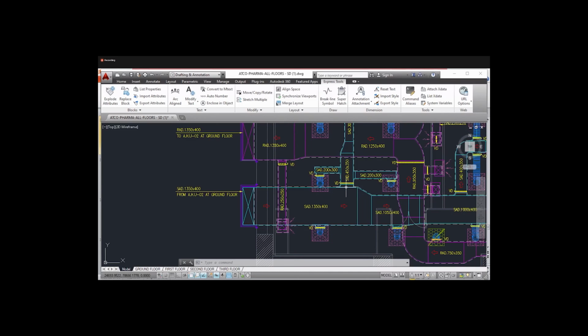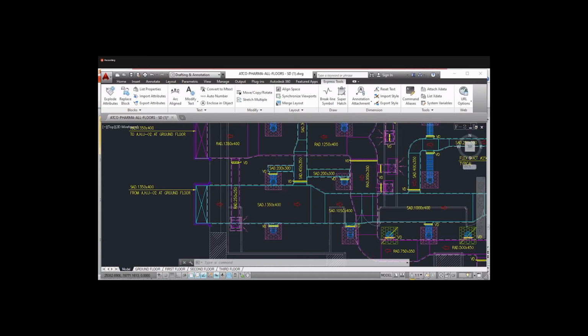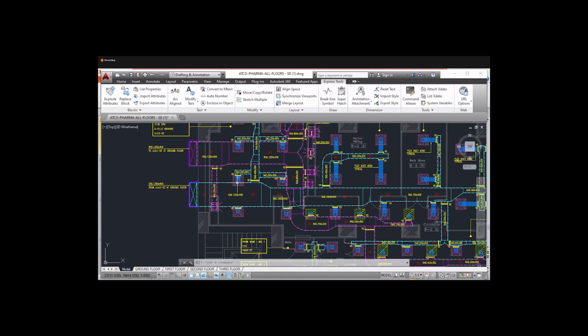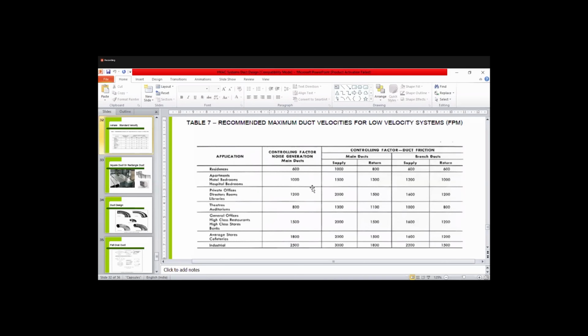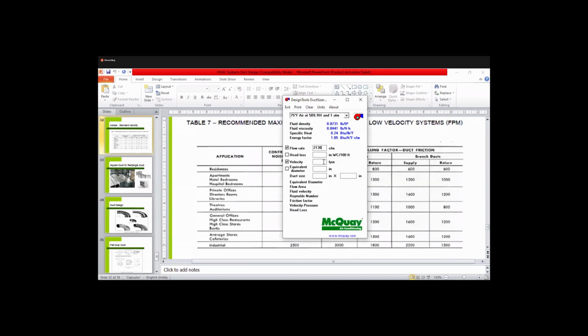Afterwards, you can reduce it for the branch duct. But for the first branch, you have to use the safe side. We have to use the main duct velocity. The main duct velocity is 1500. So we will use 1500.